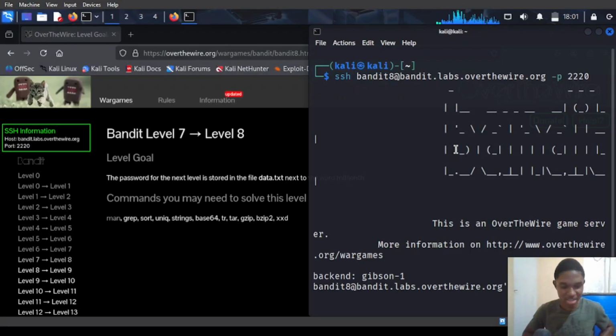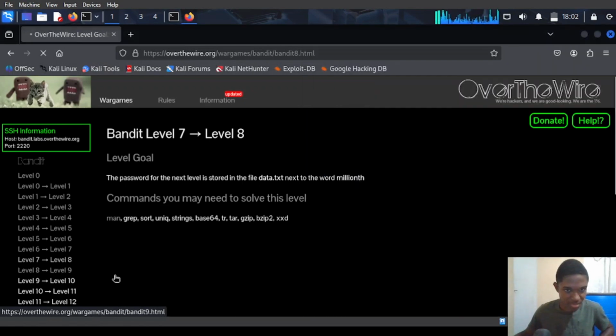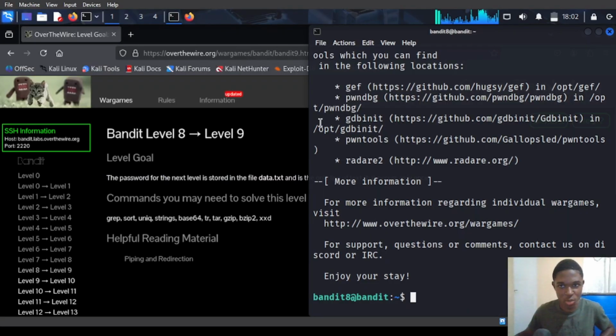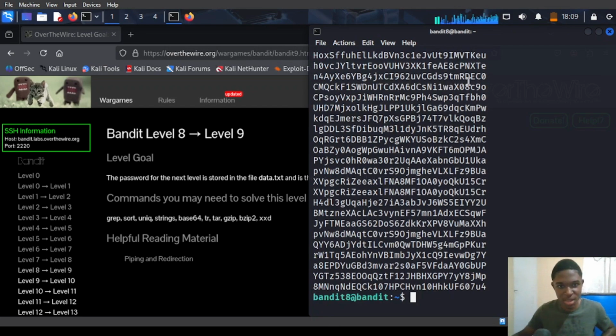So we can paste the password in. Alright, so let's go to level 8 now, guys. So it says the password for the next level is stored in the file data.txt and is the only line of text that occurs only once. So let's beat this level, guys, and then wrap up. So we can type ls to list the files in the current directory, and we can see we have data.txt. Now if we did cat data.txt,